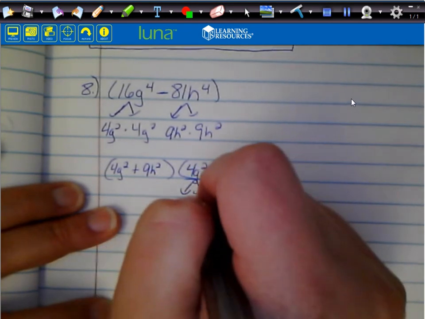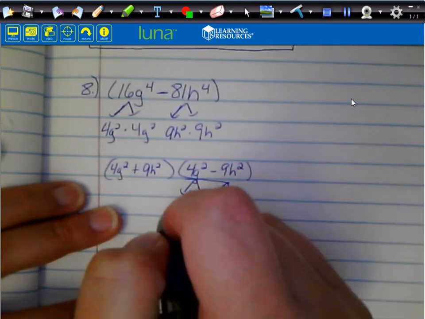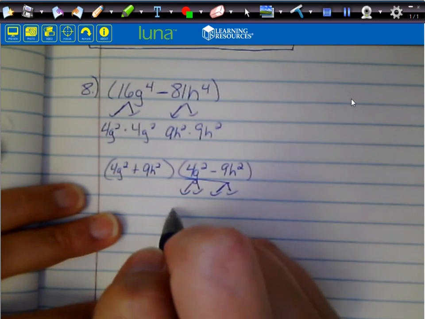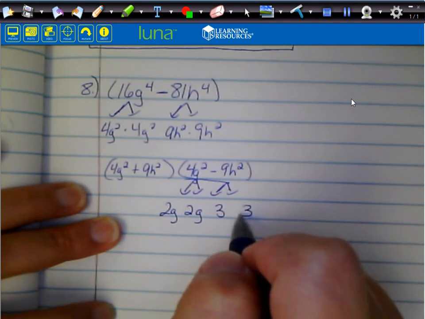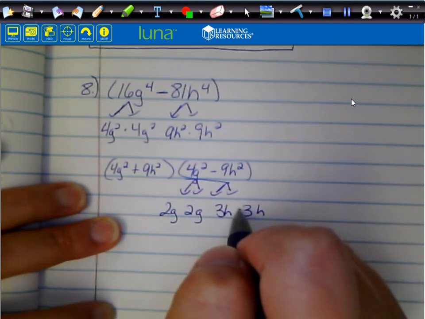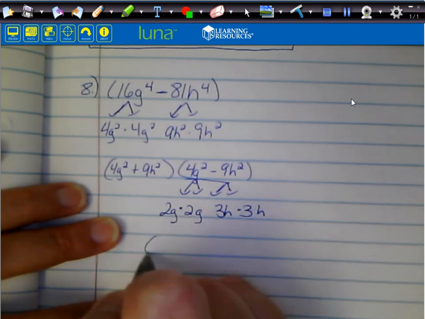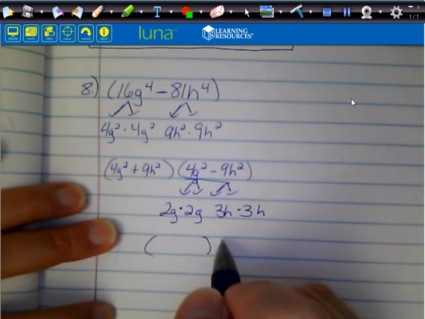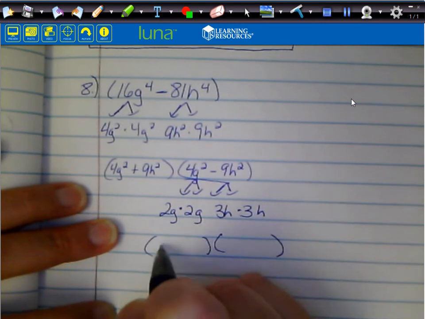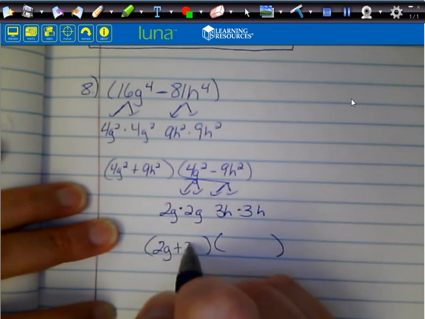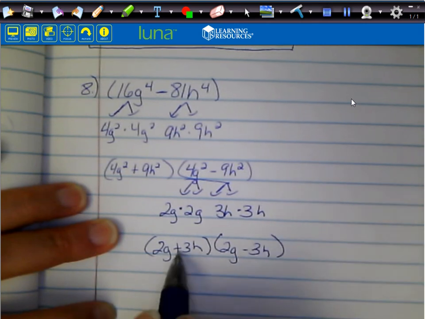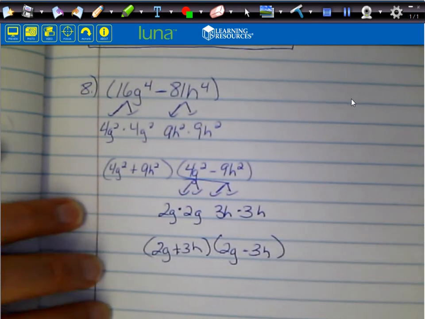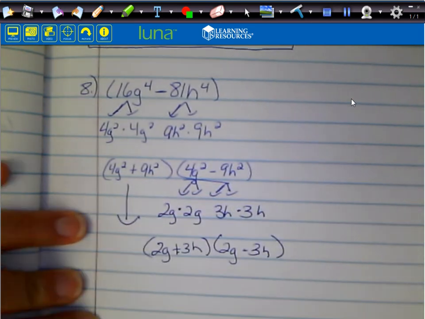So I'm going to split it up again. This time 4 breaks up into 2 and 2, g squared into g and g, 9 into 3 and 3, and h squared into h and h. So again, I'm going to do my two sets of parentheses. 2g plus 3h and 2g minus 3h. You're going to make sure there's a plus sign in one and a minus sign in the other. And don't forget to bring this first one down